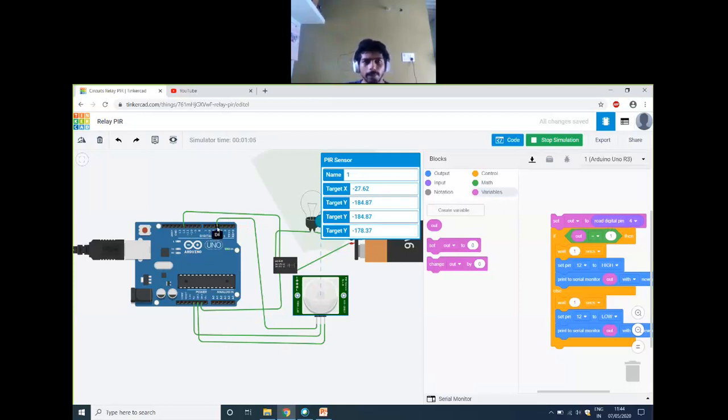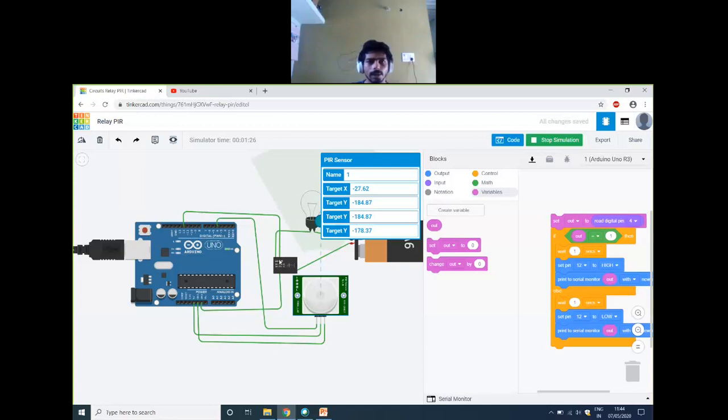I have connected the PIR pin to pin 4, so pin 4 is now equivalent to the output of the out variable. The out variable is checking whether I am getting logic 1 or not. If I am getting logic 1, that means I am setting digital pin 12 to logic 1.